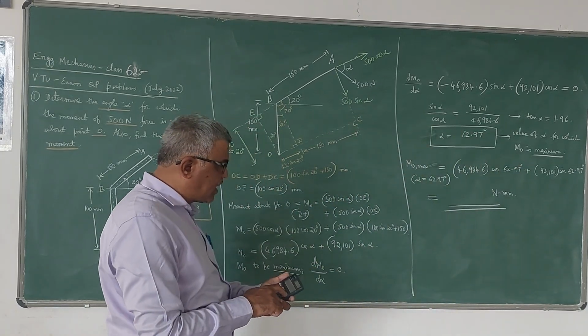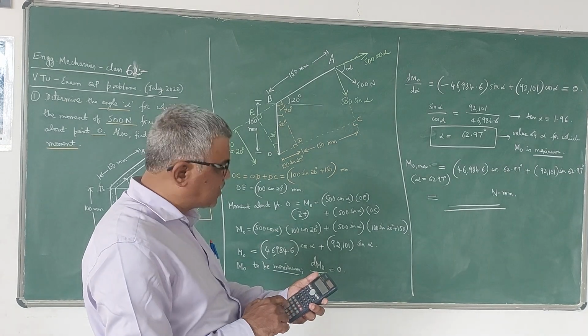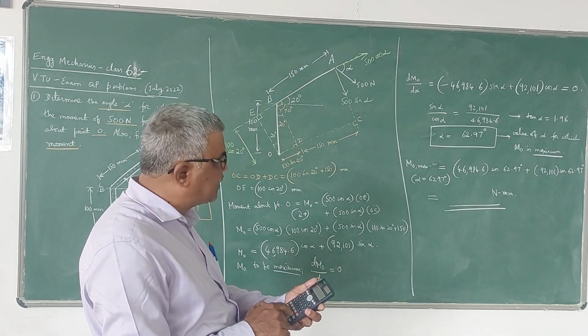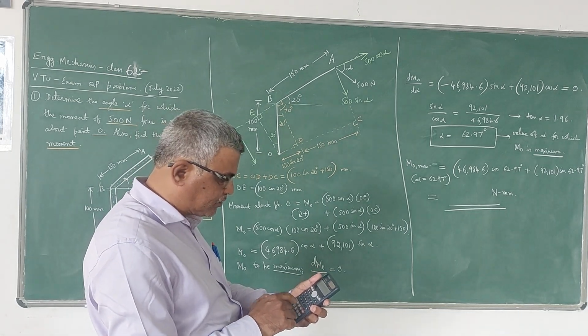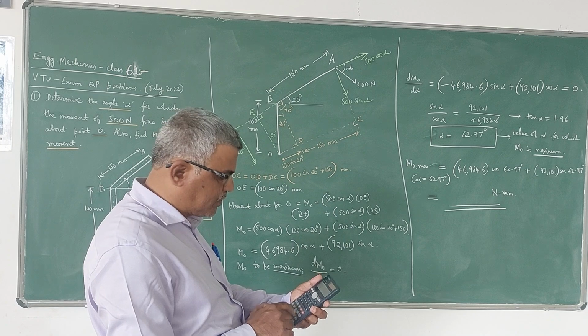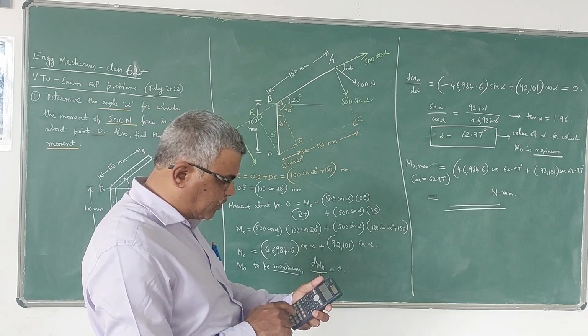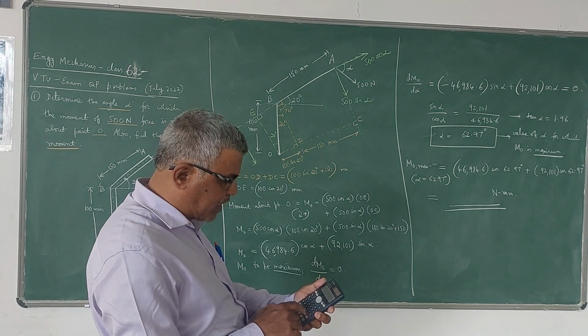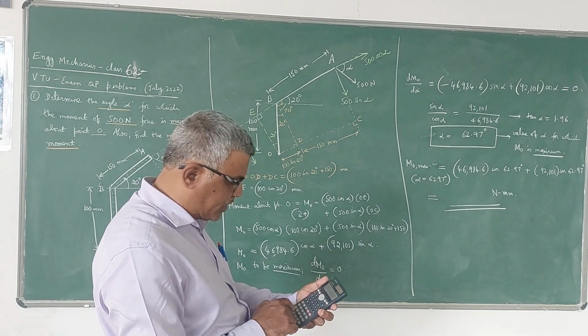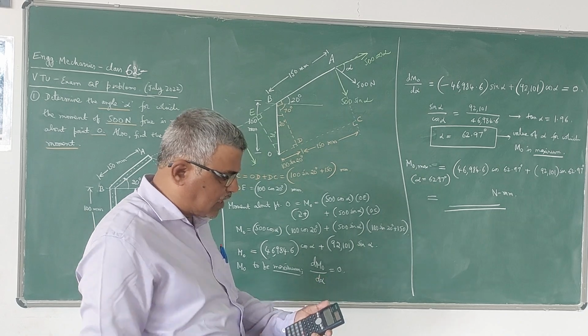So let us simplify that: 46,984.6 into cos of 62.97 plus 92,101 into sin 62.97. So the answer is